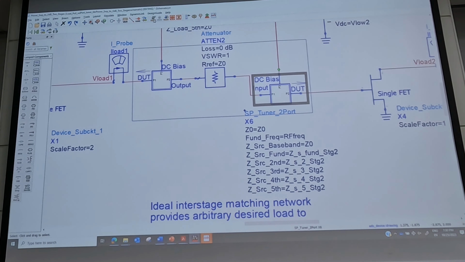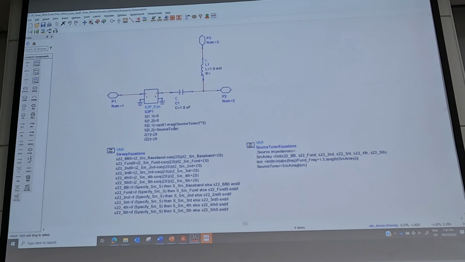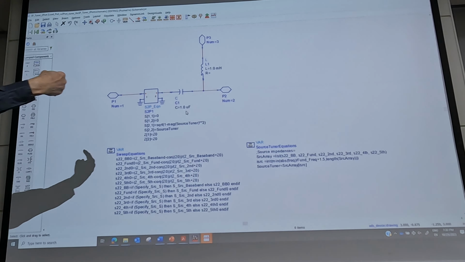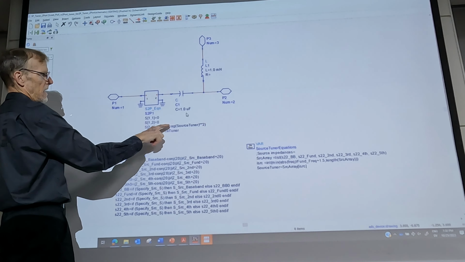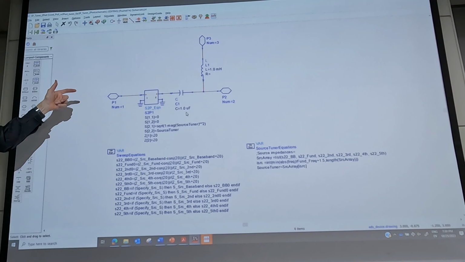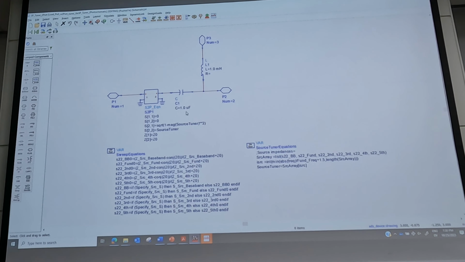These are ideal components. They're equation-based components. So I can set S22. I can set the reflection coefficient looking this way, independently of what's connected to it on the input. It's an ideal component.